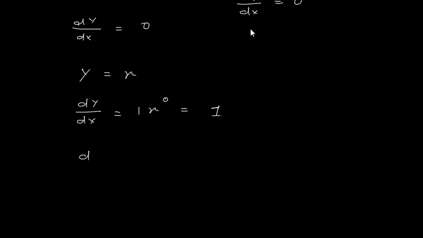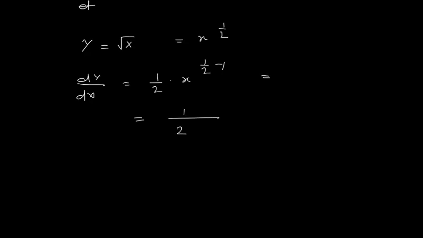Now if we have to find the derivative of root x, so if y is equal to root x, this root x is nothing but x power half. So if you find the derivative dy upon dx, it is 1 by 2 into x power half minus 1. You can simplify this as 1 by 2 into x power minus half, and this x power minus half can be written as 1 upon x power half. So dy upon dx is 1 upon 2 x power half, and this is 1 upon